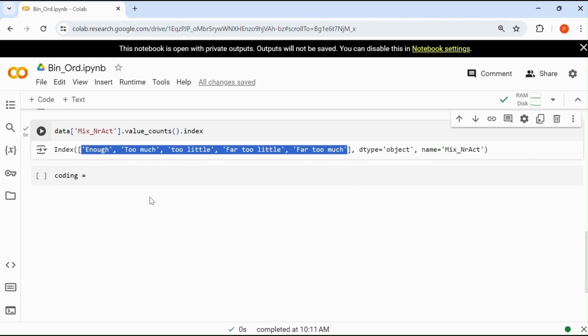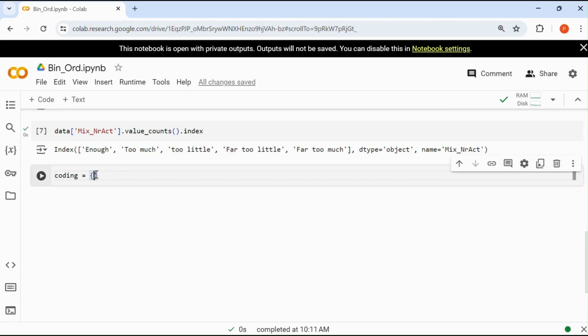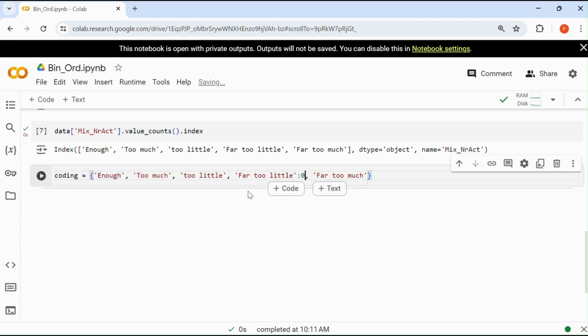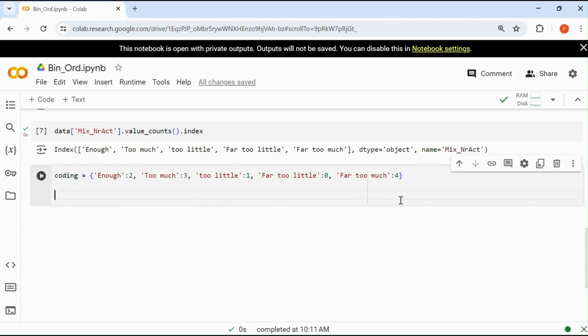Now each level I must assign a number. So far too little is level 0. After that, too little is level 1. Enough is level 2. Too much is level 3, and far too much is level 4. Once this scheme is ready, we will